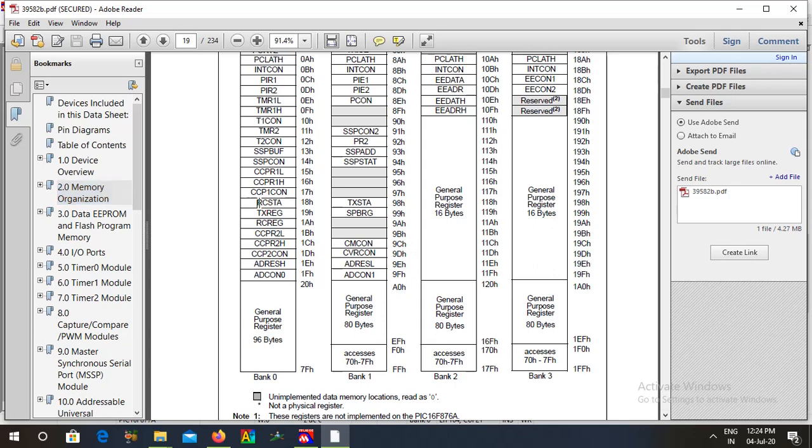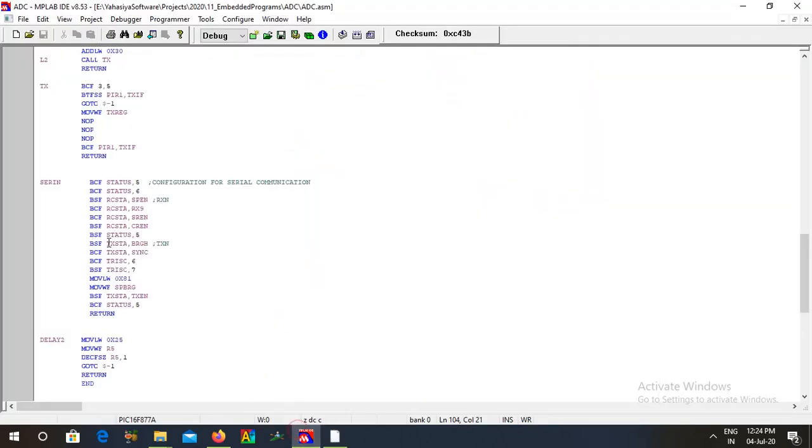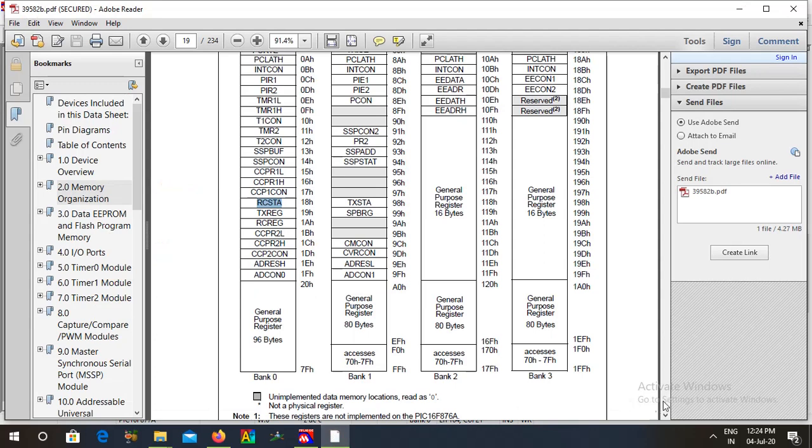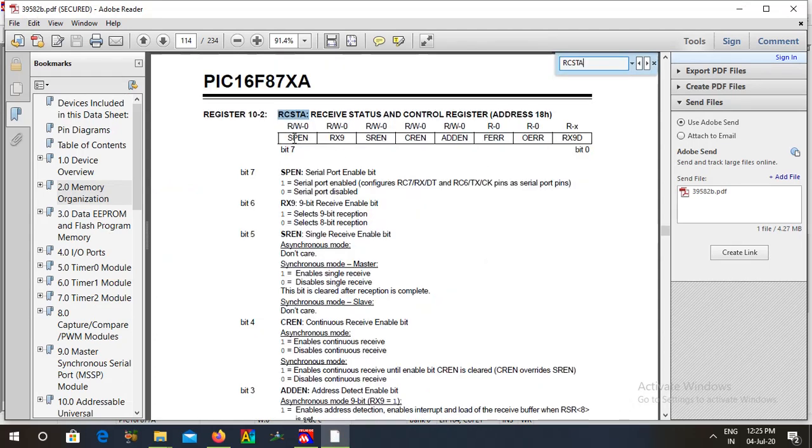Yes, this RCSTA register is here. So we are going to access this register. In order to access this register, we are selecting the bank. After selecting the bank, we set the serial port enable bit in that particular RCSTA register. Let us see the bit map of RCSTA. If you set that bit to 1, serial port enabled, that means we are